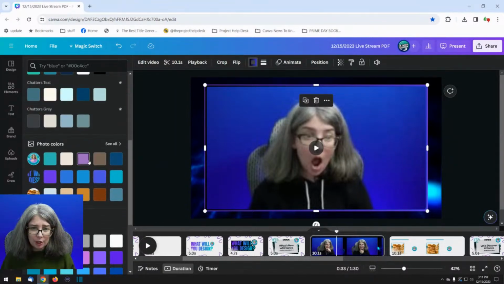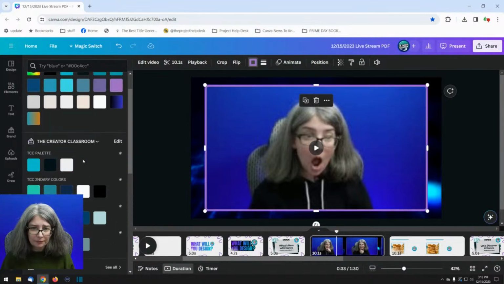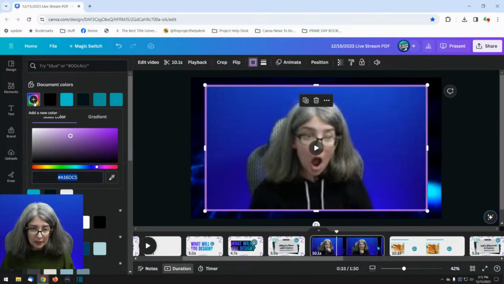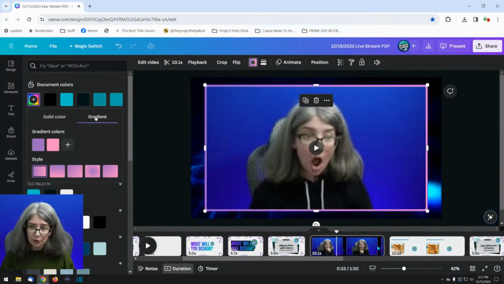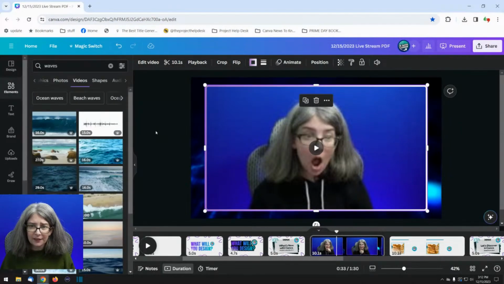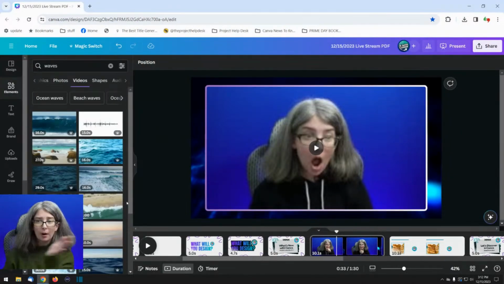Let me show you. Let's say that I wanted to use this color and I wanted to give it a gradient. Well, then I could click the plus sign, change it over to a gradient, and change that gradient to whatever I want. And then I've got a cool purple to white gradient or blue to white gradient or whatever I would like.